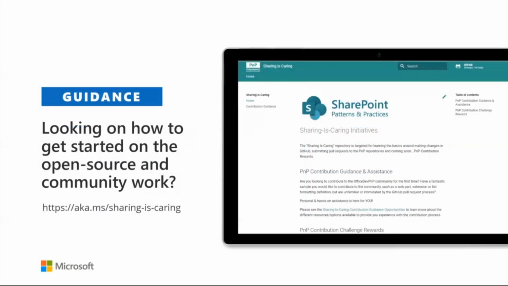Now, if you don't feel familiar with contributing in GitHub and you're not sure how you would actually submit a change in the documentation, check out the aka.ms/sharing-is-caring initiative run by David Warner and Hugo Bernier, which will help you to get started. There's a set of training sessions which the guys are setting up. From those training sessions, you'll learn how to take advantage of GitHub, how to contribute samples, how to edit the documents, how to contribute articles maybe in the future as well. So go there, have a look, and see when the next training session from David is.